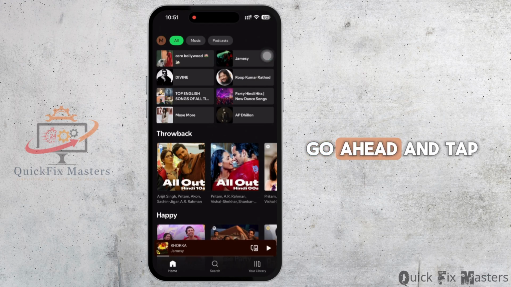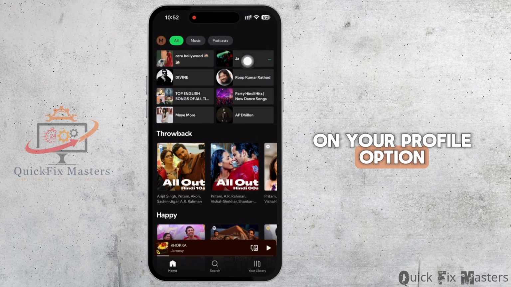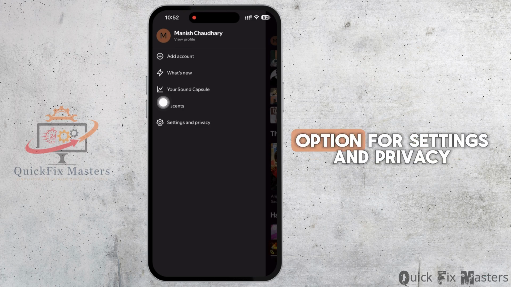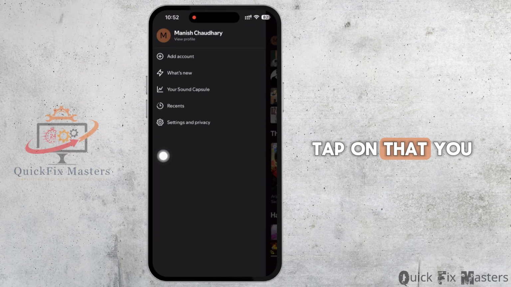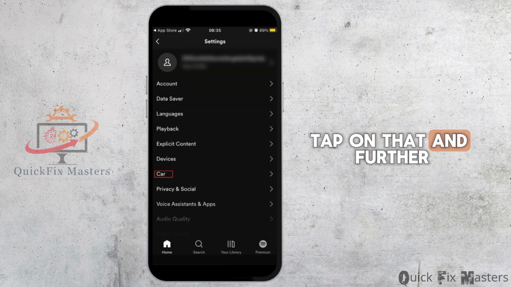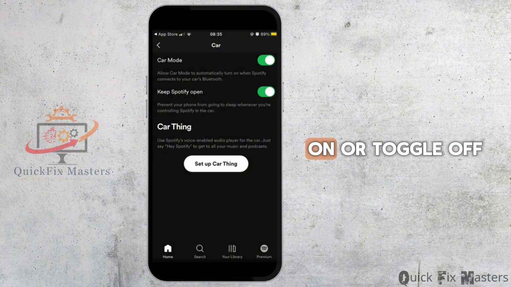Further, go ahead and tap on your profile option from the top left of your screen. You will see the option for settings and privacy. Tap on that. You will then see the option for car. Tap on that and further go ahead and toggle on or toggle off the toggle button for car mode based